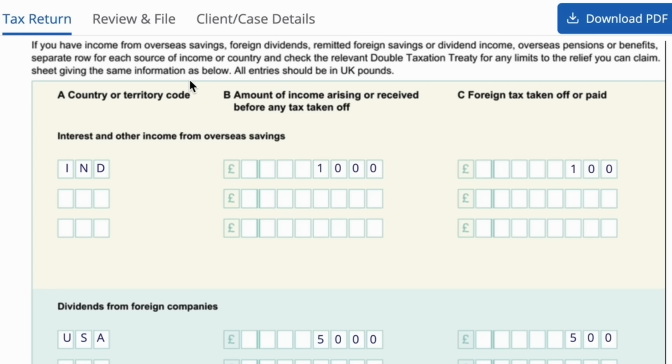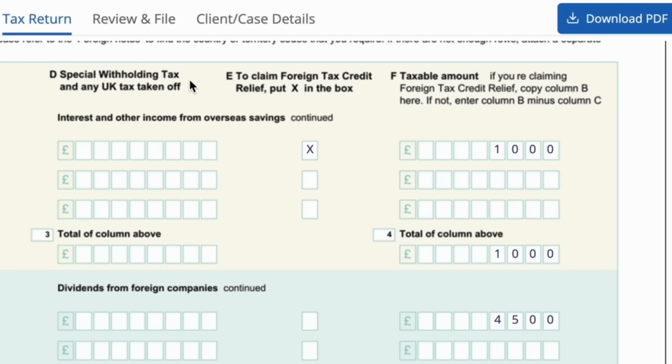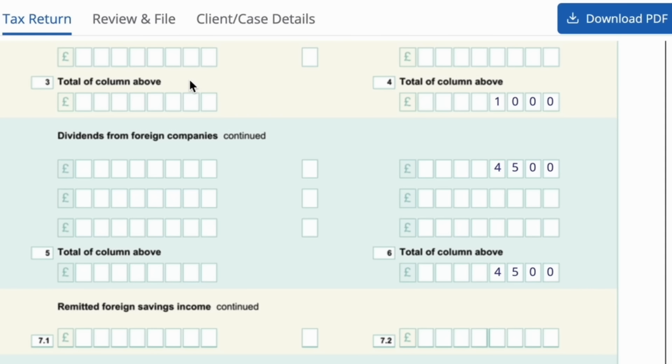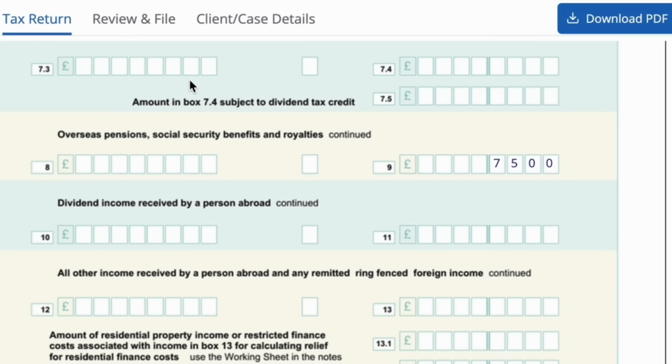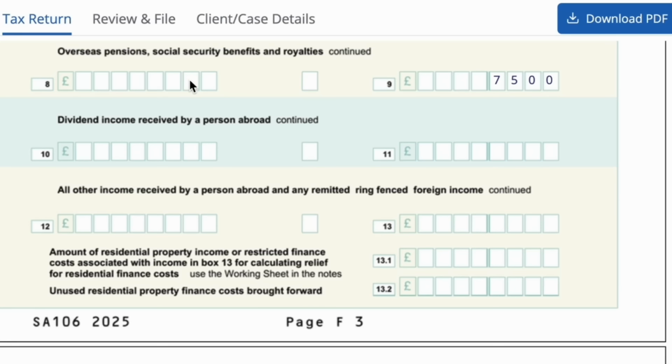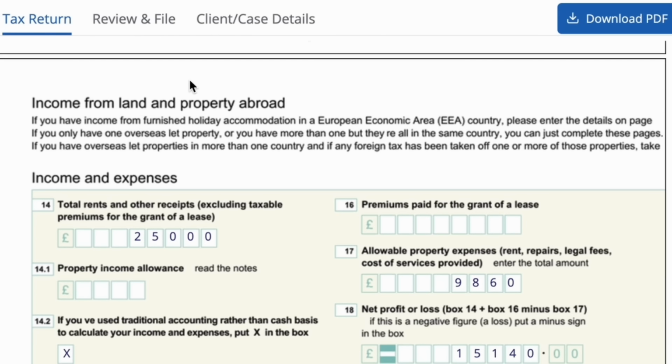Check your return. Show summary page. HMRC will now show a summary of everything entered, giving you the amounts in pound sterling, countries, foreign tax deducted, and relief claims. Save and submit your tax return to HMRC. Your foreign income is now properly declared to